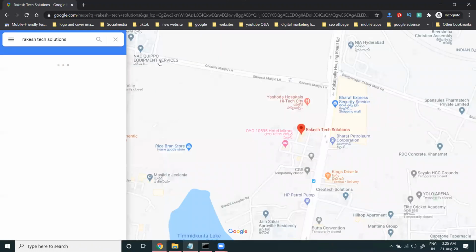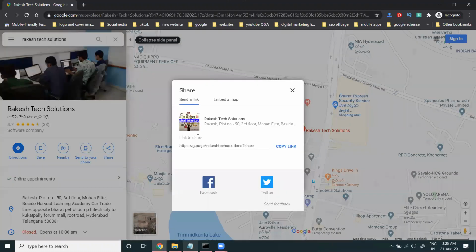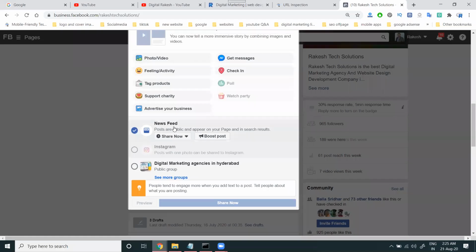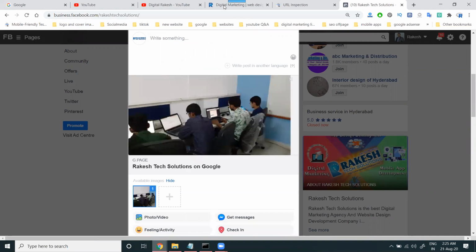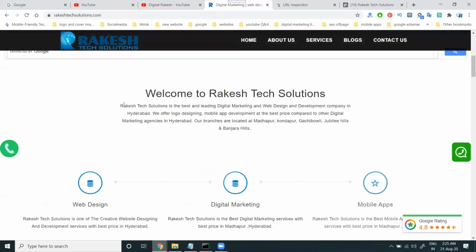For this purpose, we use two methods. That means Facebook will generate Google Map traffic, and Google Map will generate our website traffic. The final output is that you will generate website traffic, and people know about your business also. So share here, copy the link, and use this particular URL and click it. After that, it shows you your particular map in this option.